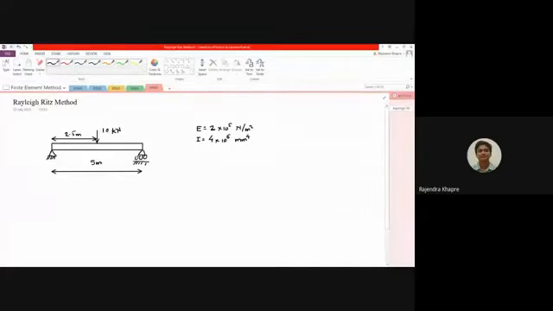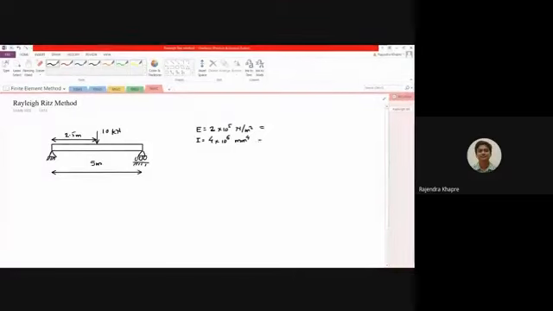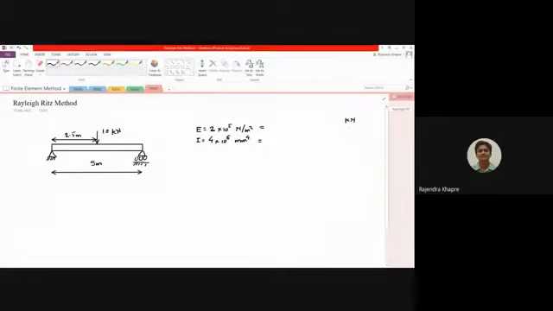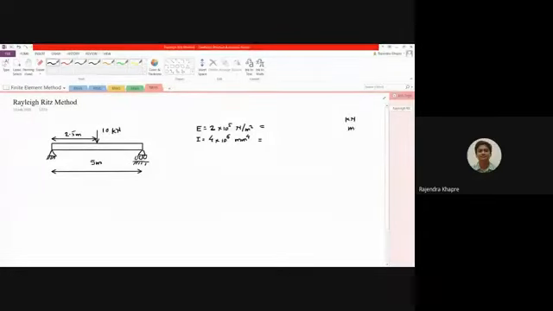So we can rewrite these values with common units. We will use kilonewtons for force and meters for distance. If I convert this 2 into 10 to the power 5 newtons per meter square into kilonewtons,